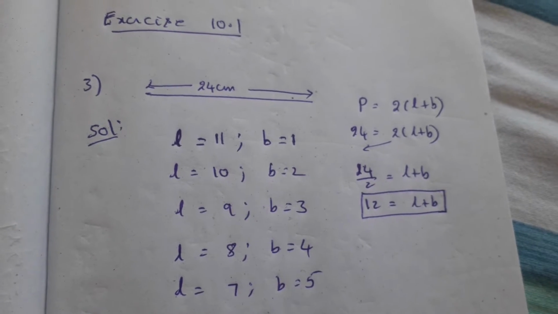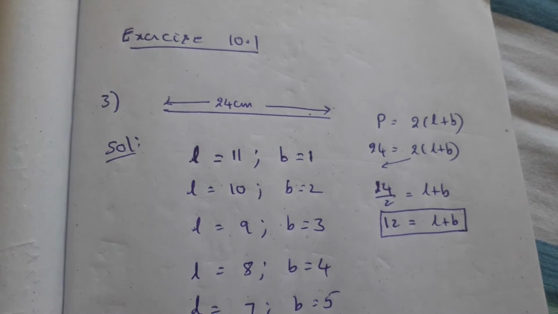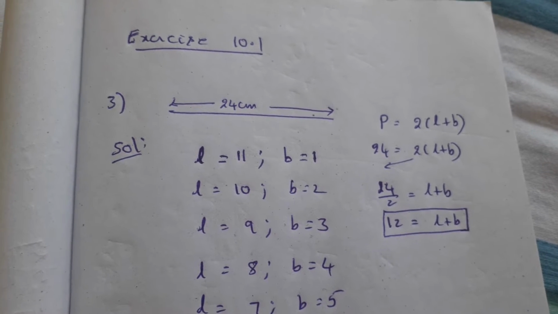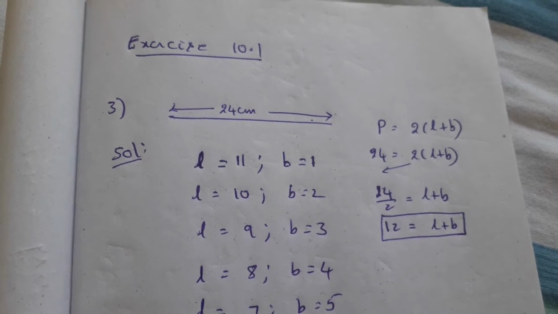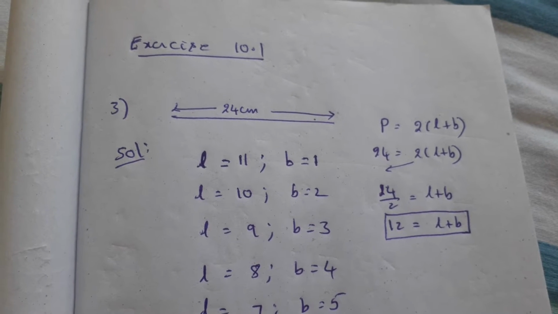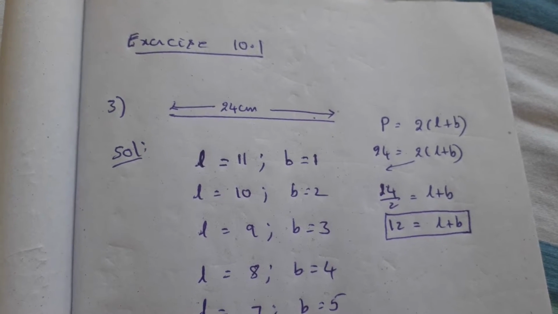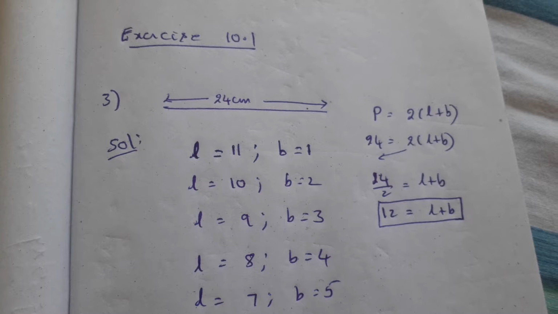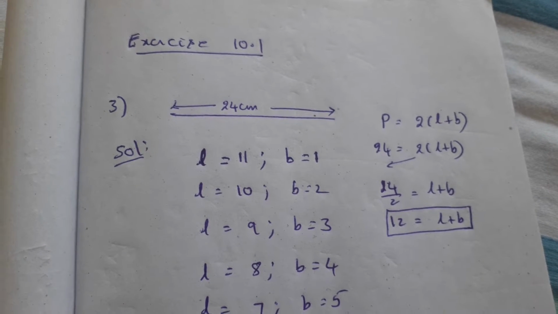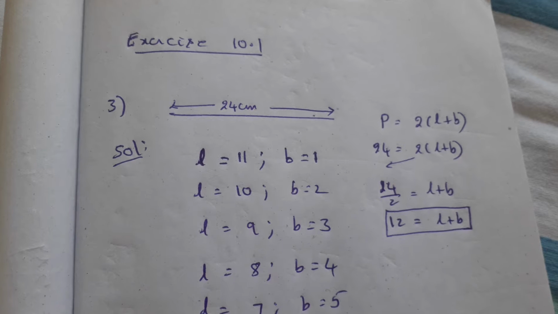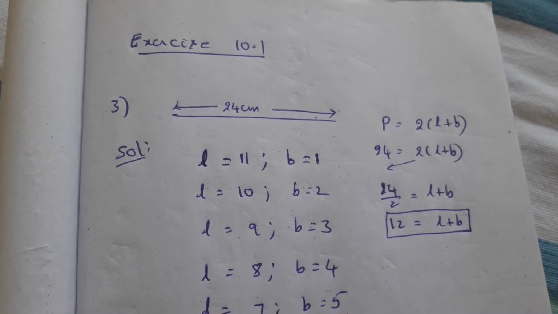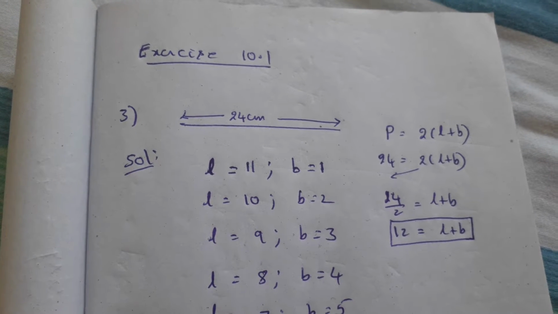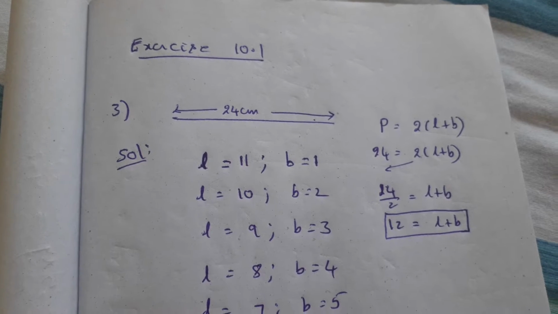So, we started with area and perimeter long back, before your first term exams, and now we are continuing with that. Already I posted you the video of the basics of area and perimeter, and now from exercise 10.1, we are going to see the third problem. The question here is, how many different rectangles can you make with a 24 centimeter long string with integral sides? What are the sides of those rectangles in centimeters?